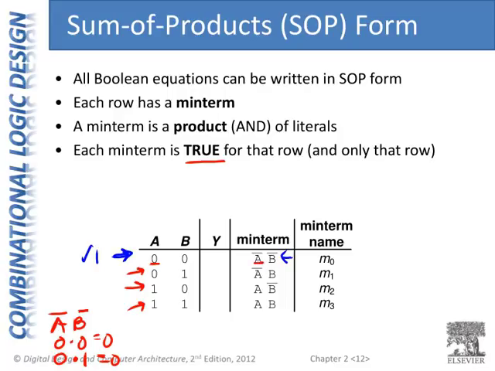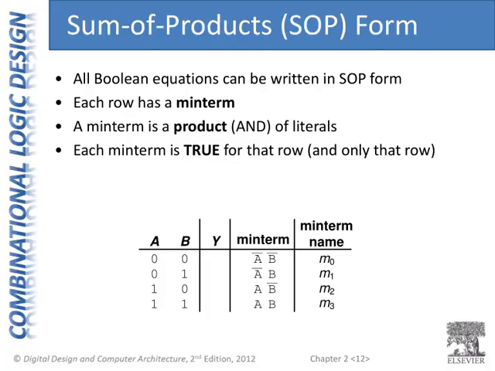So if A is 0, we have A bar. B is 0, we have B bar in the minterm. So we can get that entire product to evaluate to 1. So now that we've defined these minterms that are true for a given row and only that row, now we